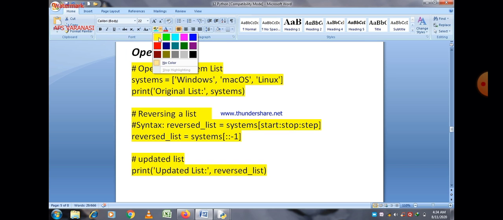There is another method you can use if you want to print a list in reverse order. It is also possible. Here you can use the slicing operator. As I told you earlier, if the value of the third parameter of a slicing operator is negative, then the values will be printed in reverse order. You can easily see in the reverse list systems, the first value is not declared here, the last value is not declared here, and there is a decrement of -1. That means the values will be printed in reverse order.